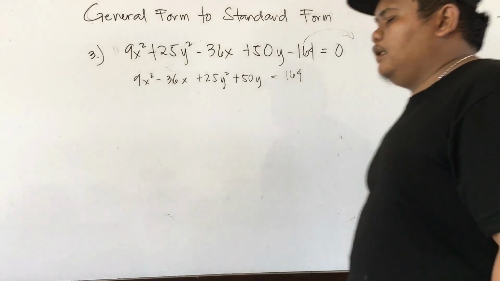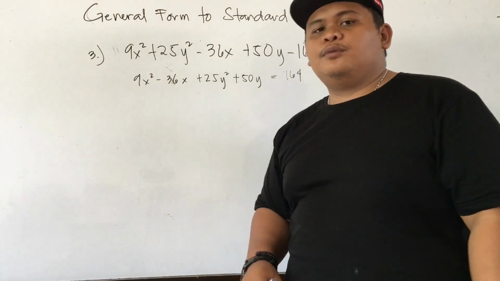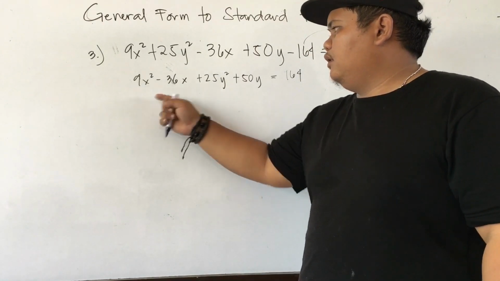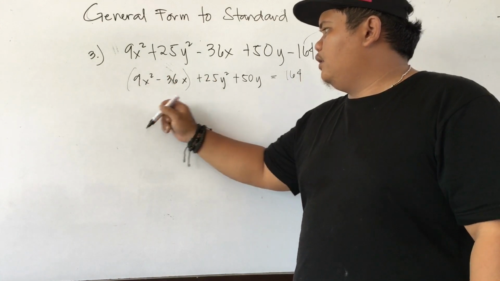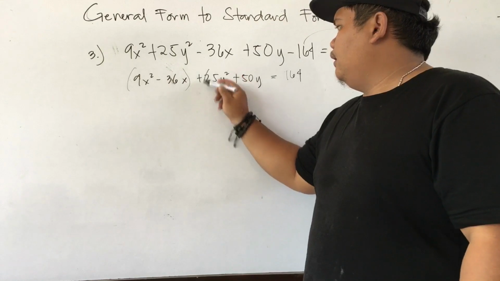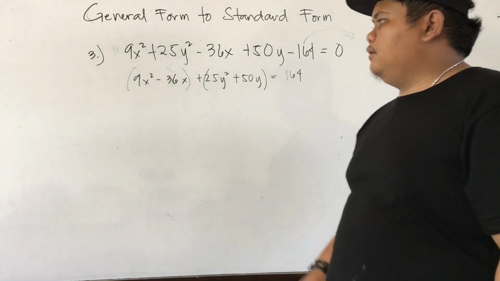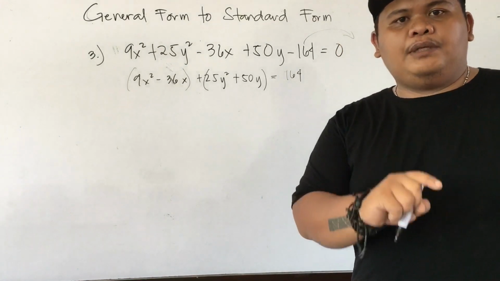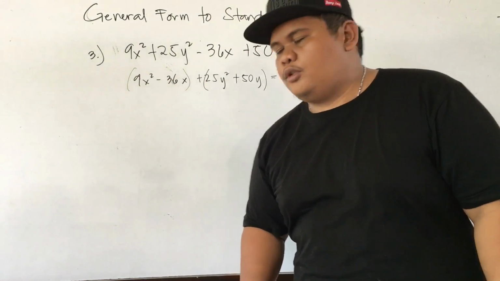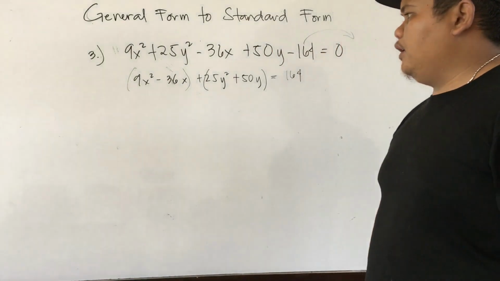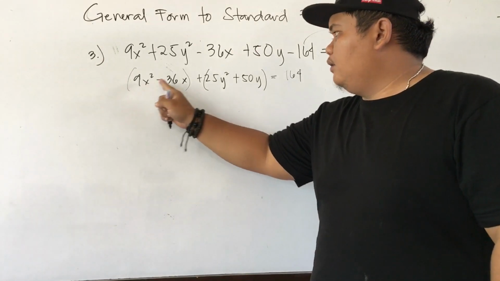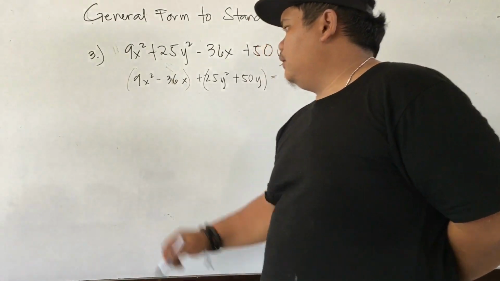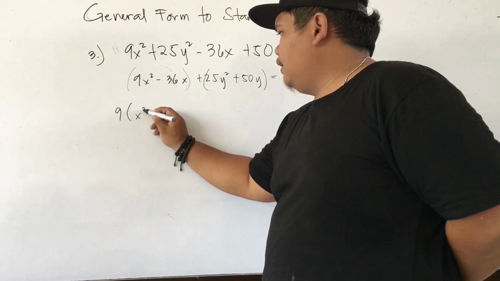164. Now after regrouping those terms with the same variables, we are going to put parentheses around each of the terms. So we have here 9x squared minus 36x and 25y squared plus 50y. After putting these parentheses, we are going to apply completing the squares. Okay, so since we have here 9x squared minus 36x, and 9 and 36 have a common factor, we are going to factor that out before we complete the squares. So we have here 9 times x squared minus